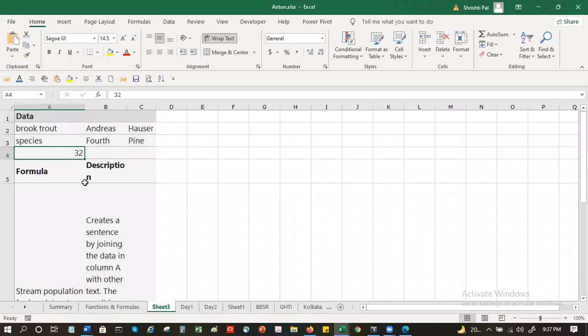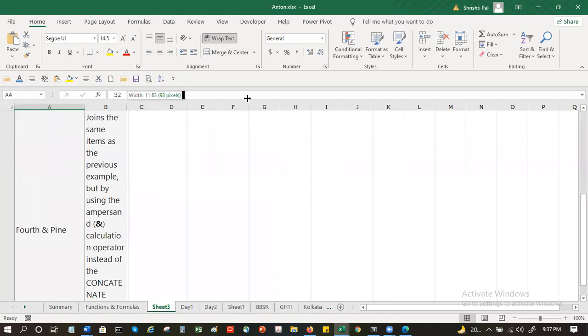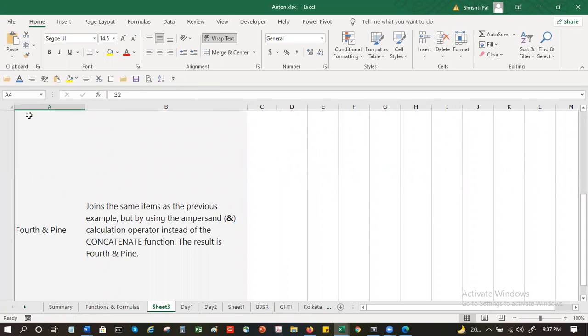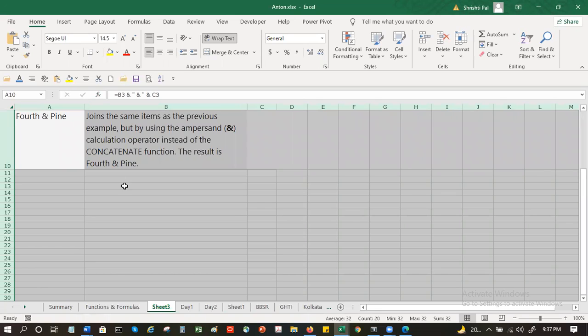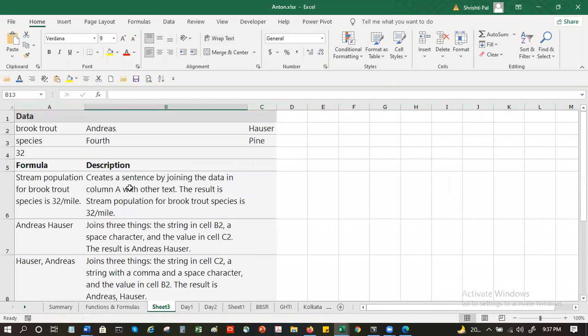Now see, when I refer to any of this here in the functions, see, concatenate, it works by referring to it.